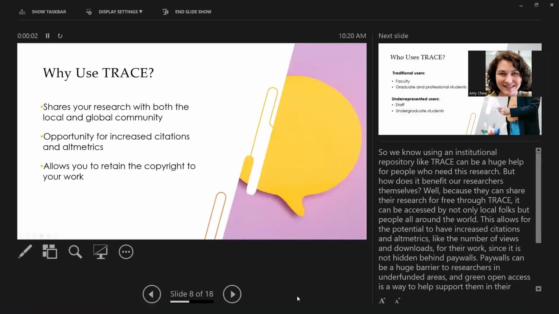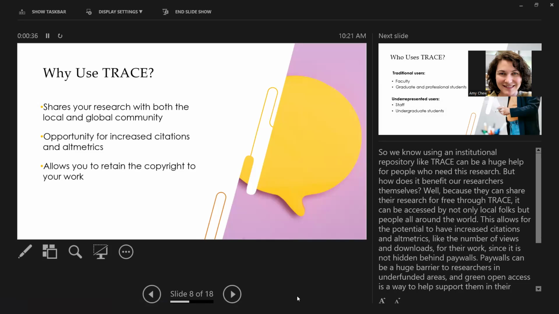Yay. Okay, cool. So I touched on this a little bit as I was scrolling through the actual repository itself, but why should people use it? Well, it's a great way to get your research out there. It supports the university's mission, but it can also really help you personally if you're a researcher. Some people were mentioning before that a lot of people have tenure requirements if you're a faculty member, or if you're a student working on something with other students or a faculty member and you want to get your work out there, or if you're looking at graduate school and things like that.